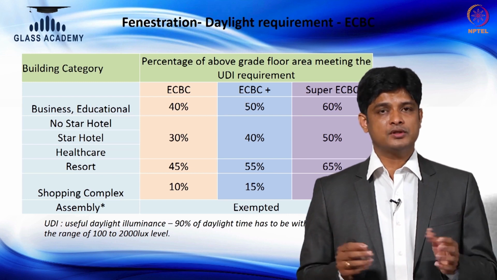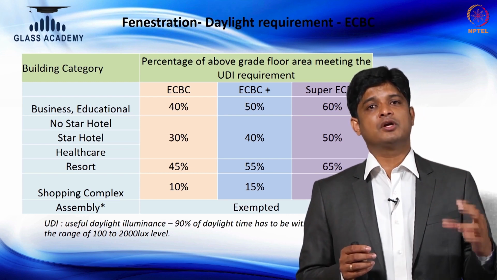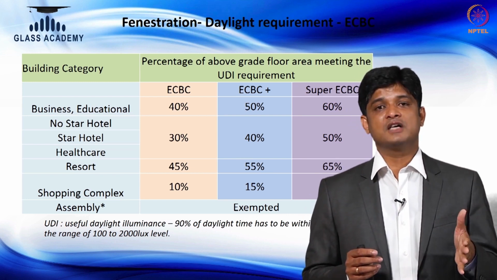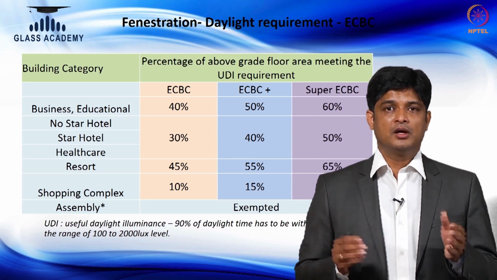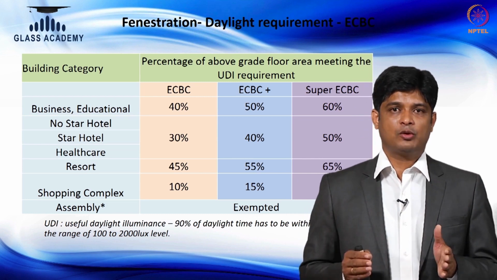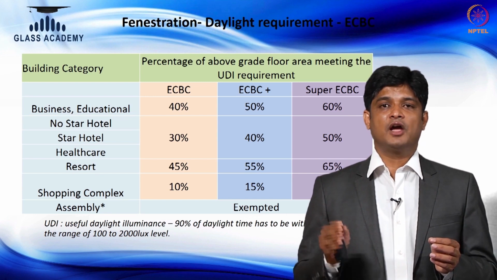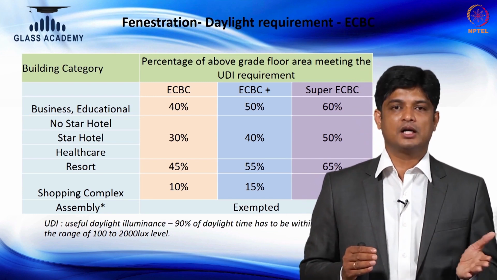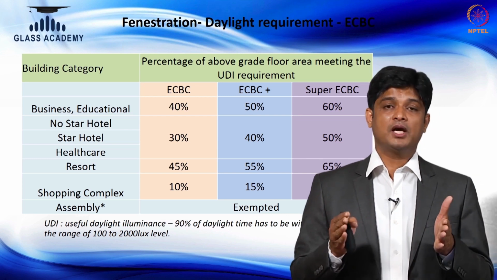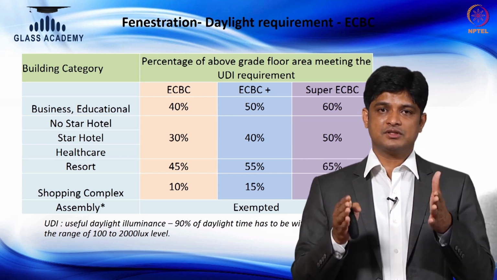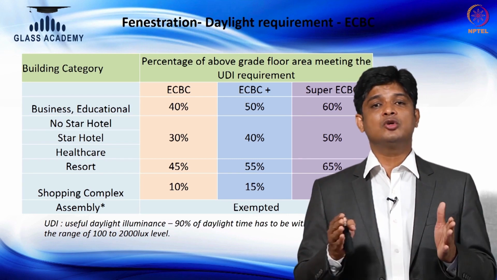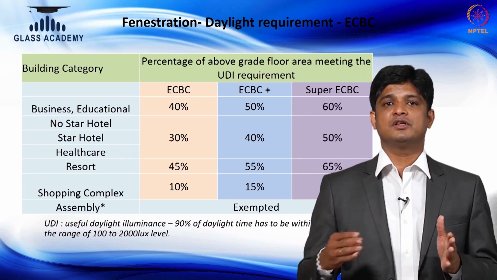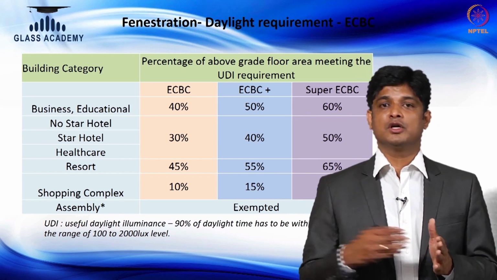So what we do is, I have a building and I have a particular window wall ratio. When I have a glass with very high light transmission, when I do the daylighting calculation, the percentage of area above 2000 is not considered. The percentage of area below 100 lux is also not considered. So I will be calculating very precisely the comfort zone between 100 and 2000 lux. What is the percentage of area in my building for the whole year?